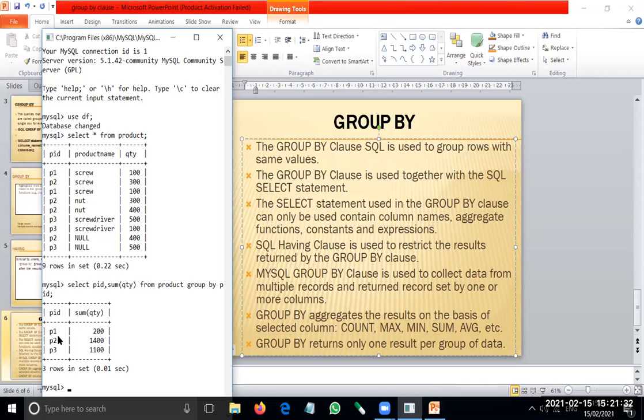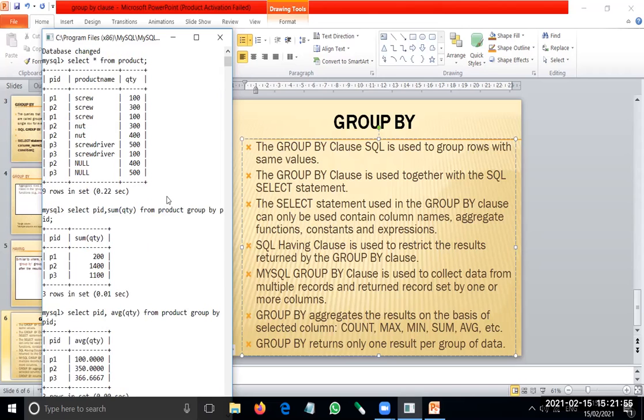Same thing we can perform through average: select PID, comma, average of quantity, always performed on a numerical value, from product group by PID. So these are the things.